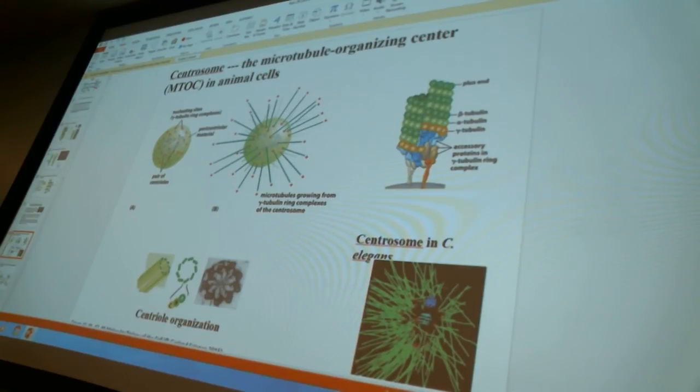So if we look at non-polarized animal cells, any typical animal cell, we will find that all the microtubules are organized in a star-like arrangement with the center containing centrioles. This is the so-called microtubule organizing center, or MTOC. This is where the centrioles are located, and this is where the center for division will start at the same time. All of the microtubules are pointing with the minus ends toward the centrioles,